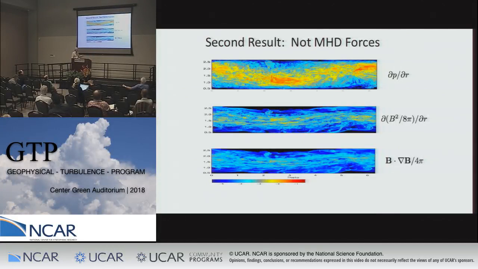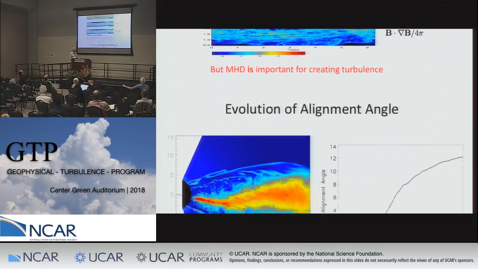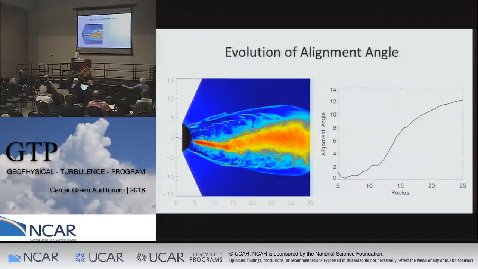So that's punchline one. I was hoping to be able to say at the end of this that MHD was absolutely essential to the process, and it turns out that you don't need it. It's helpful, but it's not actually essential. What MHD does is create turbulence. And the role of turbulence is not insignificant in the process, but it's not the transport of angular momentum by MHD that is the dominant process. It's the transport by bulk fluid motions, dissipated in shocks. Okay, so